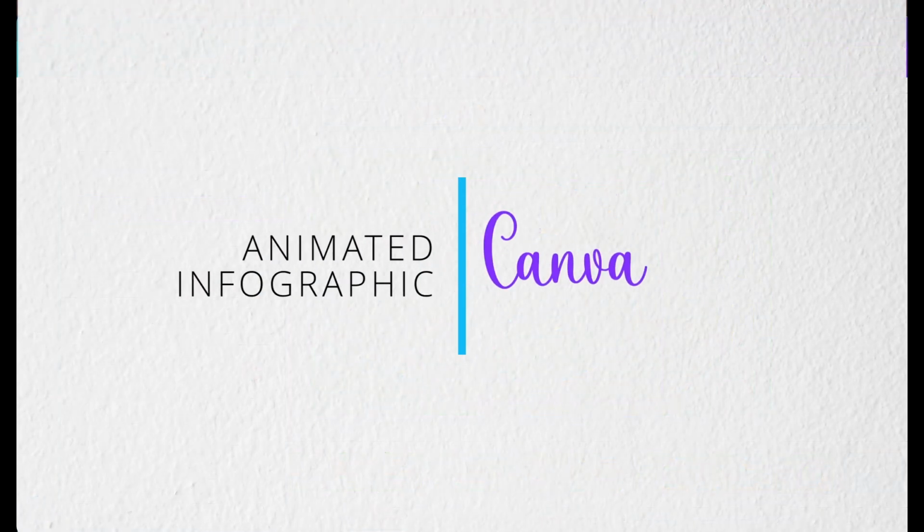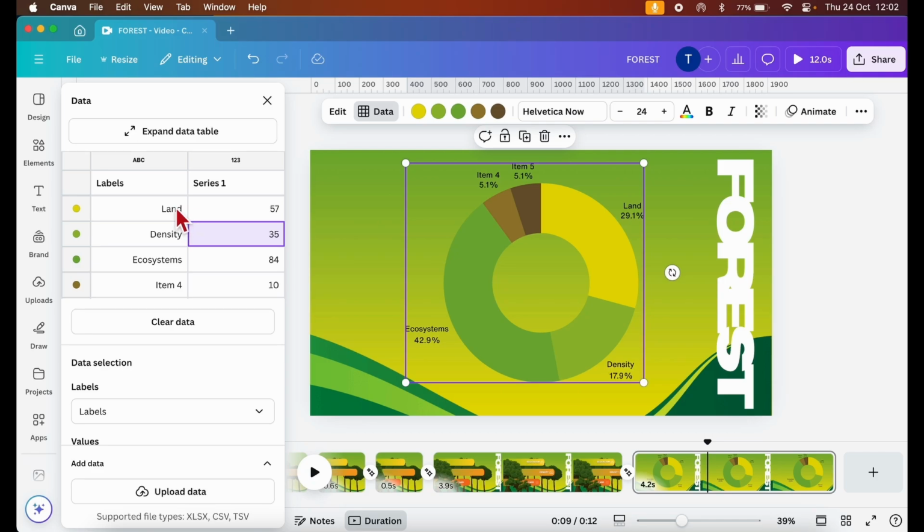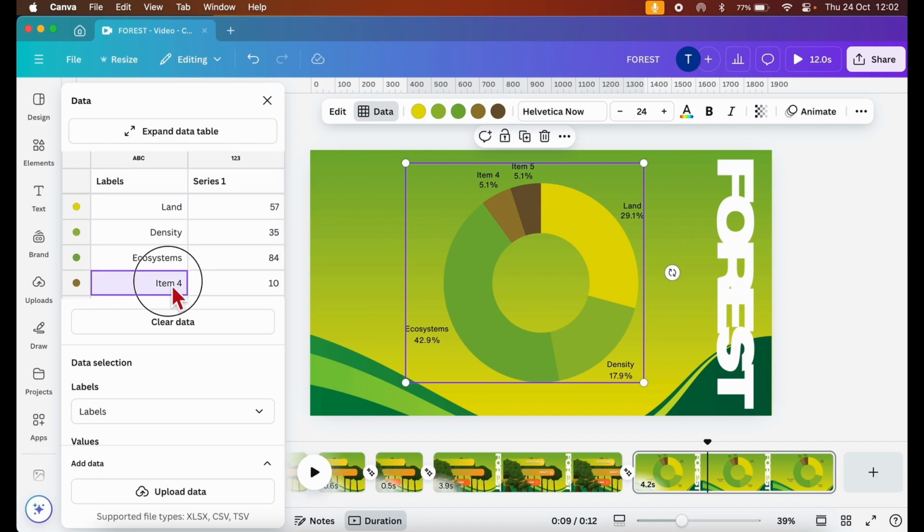As you can see, I've changed a few of my bits of data. So I've got land, density, and ecosystems, and I've put in some numbers in there. Items 4 and 5 I don't want, so I can just go in there and delete them out completely. Let's get rid of that 10 in there as well. Now, if you've got a very large